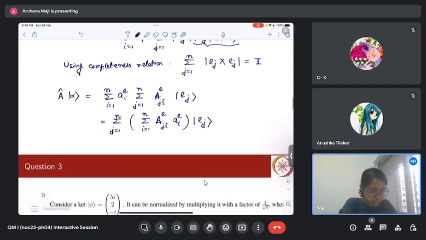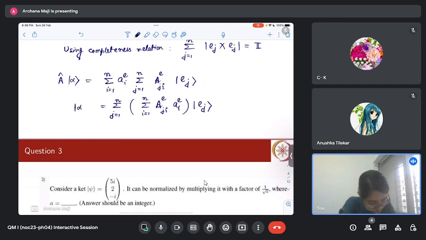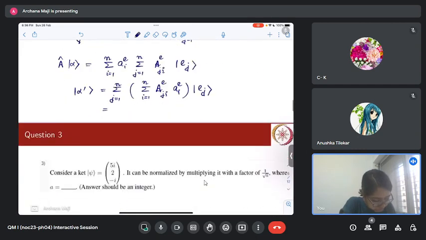Now we said that this alpha vector may not be an eigenstate of A, so it shouldn't in principle give you some eigenvalue times that vector, but in general it should be some other vector alpha prime. So that alpha prime can also be written as summation over J equal to 1 to N A_J in E basis. But